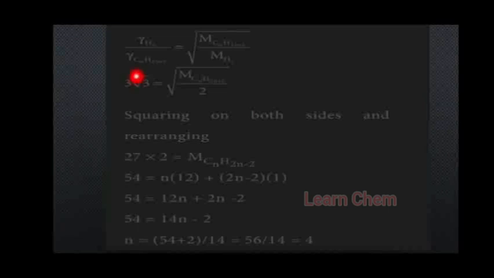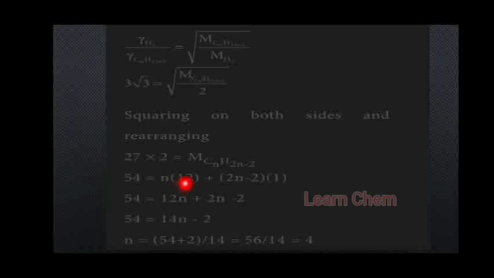So 3√3 whole squared gives 3 into 3√3... so 3 3s are 9, 9 3s are 27. Okay. And for this M, CnH2n minus 2, the square root cancels. So this 2, if you bring it to this side, 27 into 2 is equal to M of CnH2n minus 2. So 54 is equal to the molar mass of that particular hydrocarbon, which is number of carbon atoms n into